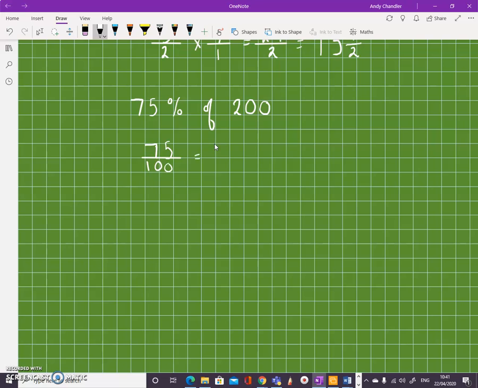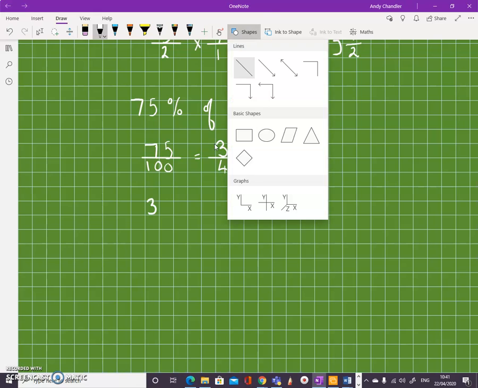Can I simplify that? Yes, I can. I can divide both 75 and 100 by 25, so I can bring that right down to 3 over 4. So back to my original question, I've got 3